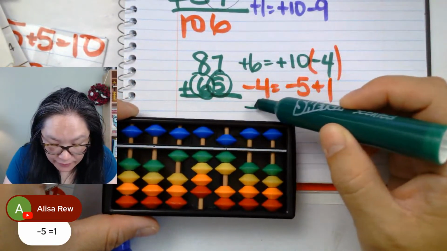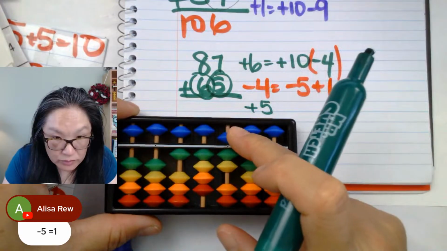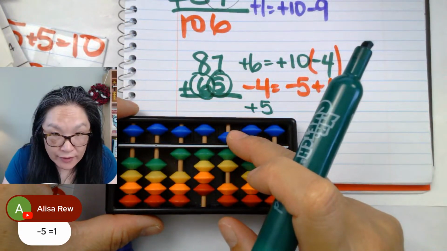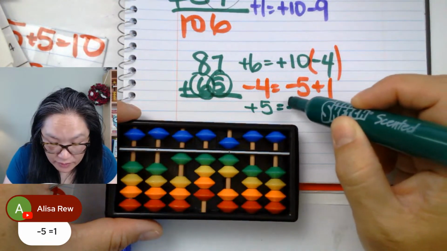Can we add the 5? No. So what is our formula to add the 5? Plus 5 is equal to,